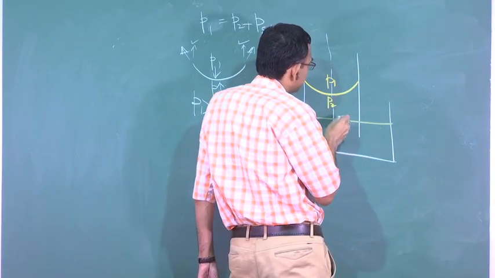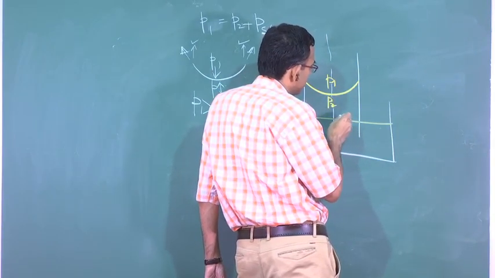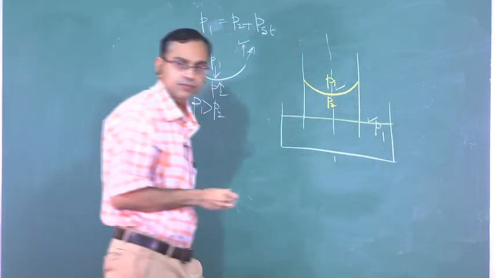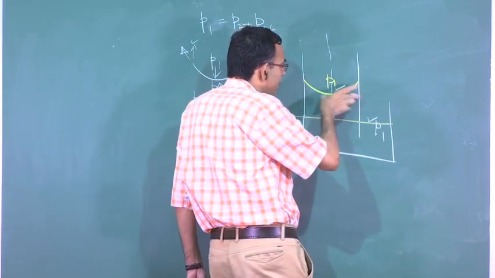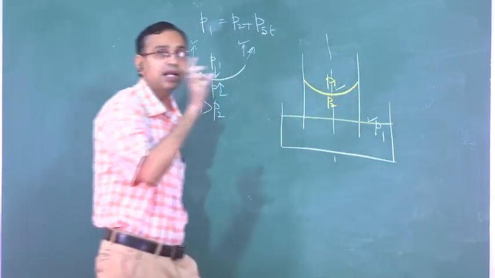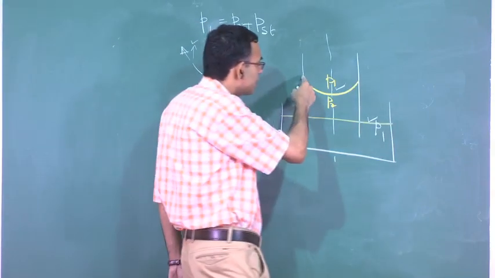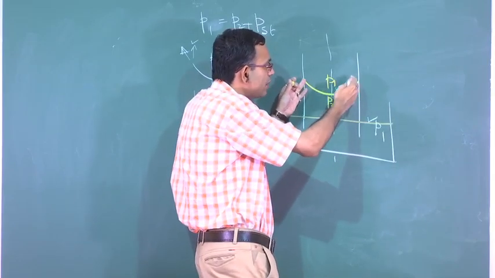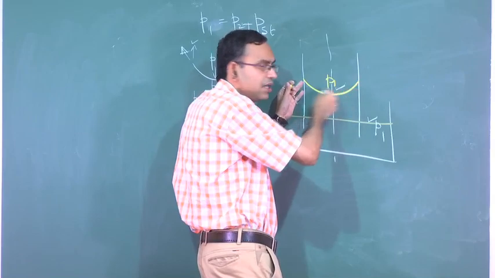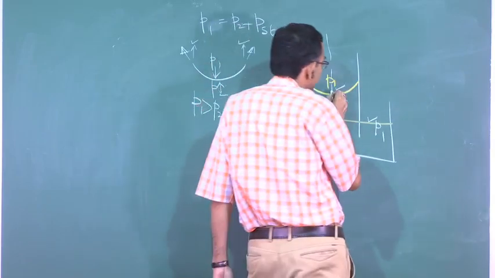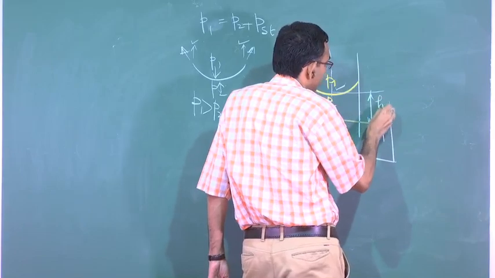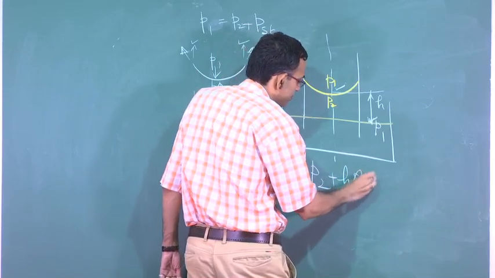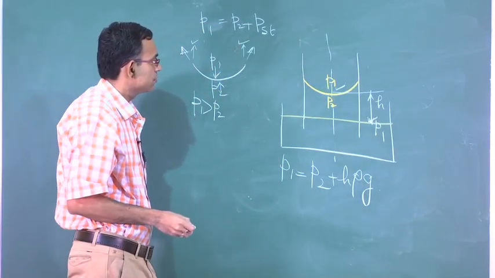We can write here that if the pressure here is P1, here also the pressure will be P1. If you take an average height of this meniscus, see, this is where practical engineering comes into the picture. This is actually curved, but this being such a narrow tube, that curvature, whatever it is, can be represented effectively by an equivalent flat length. So, if that is h, then you can write P1 is equal to P2 plus h rho g.